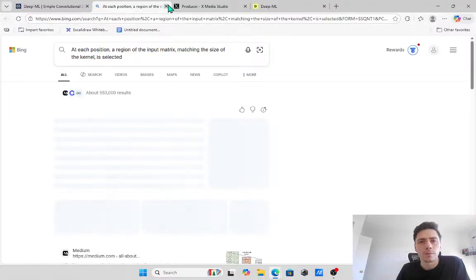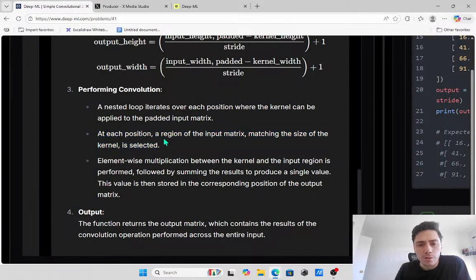At each position, a region of the input matrix matching the size of the kernel is selected. Okay, I'm starting to remember this. Okay, so